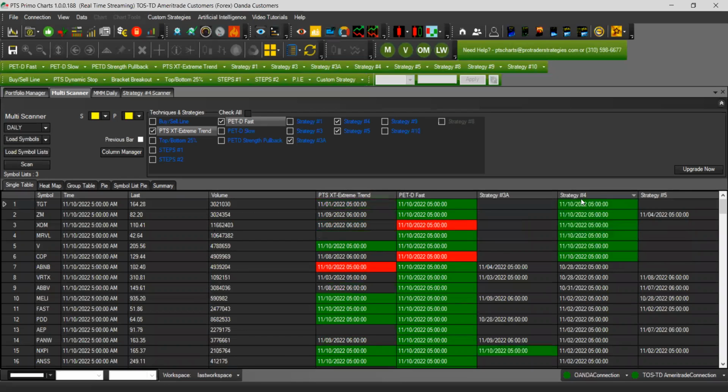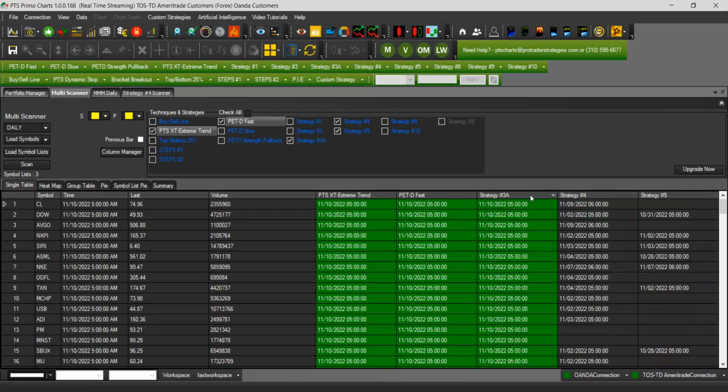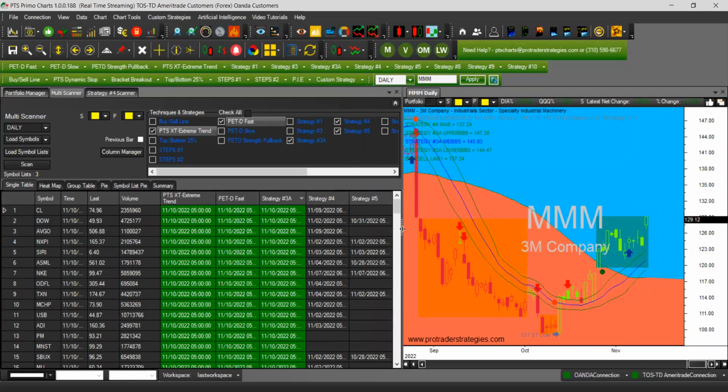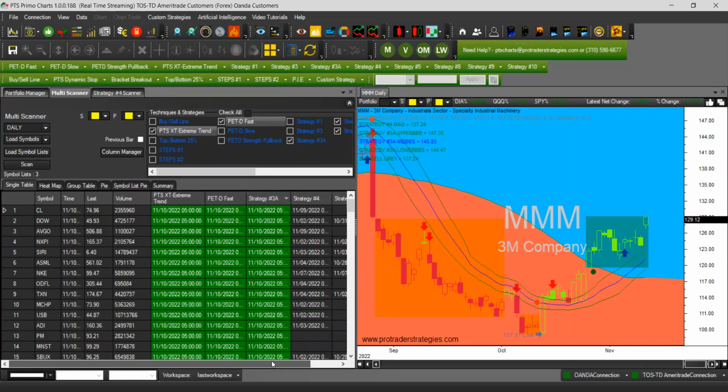So let's move this up and see probably strategy 4, strategy 5. We still don't have results for that. So now what I'm going to do is split the screen in two. And this is something that we do as a best practice, so you don't have to open so many charts. Another thing, you see these dots here in the middle, so you can make your scanner bigger or even your chart bigger. And then you have the horizontal scroll bar to move left and right